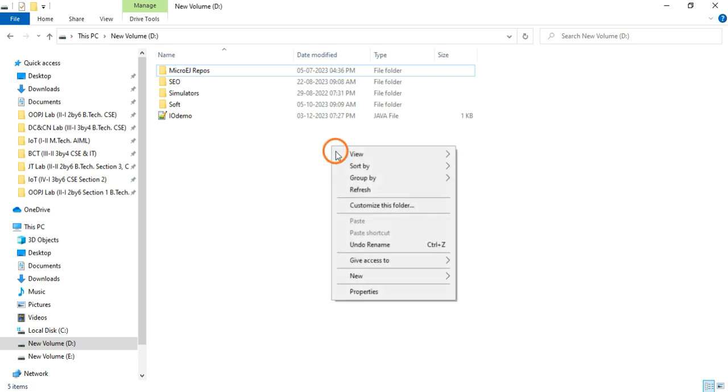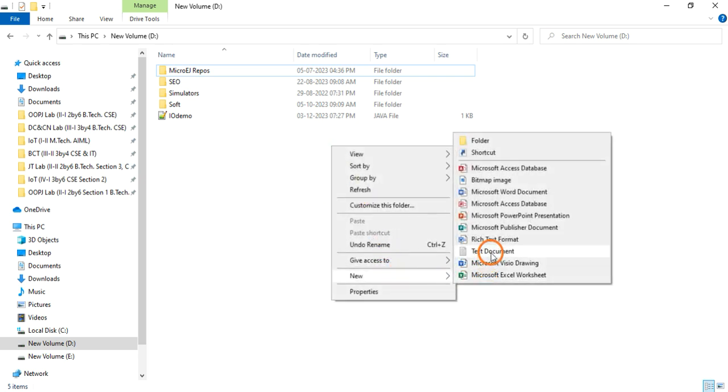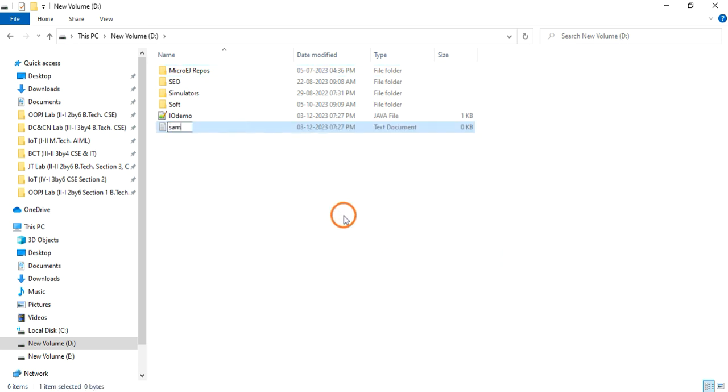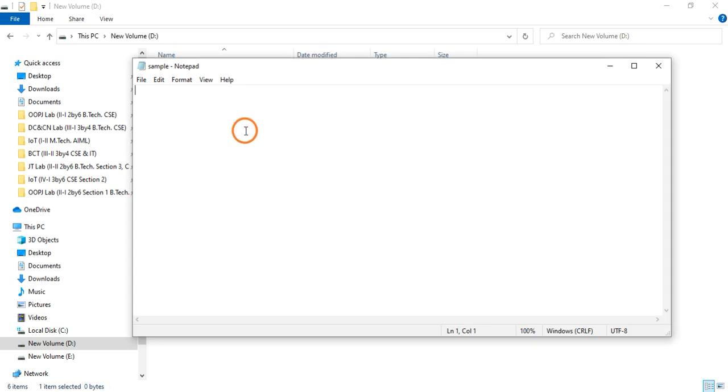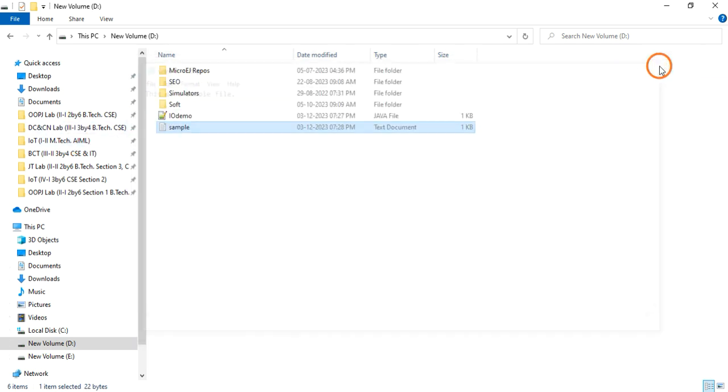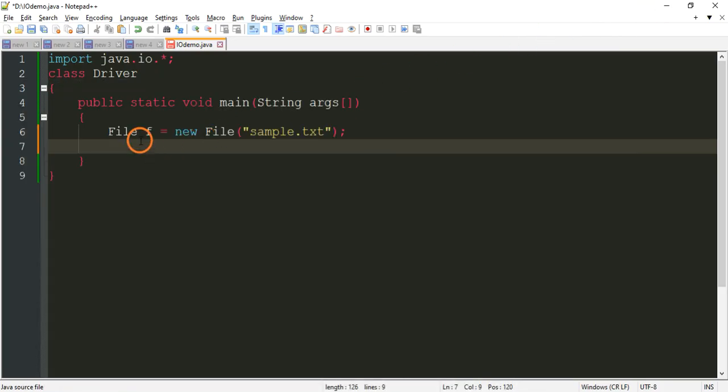Right click, new text document, and name it as sample. So you created a text document called sample. Now open this file and write something in this. I am writing, this is a sample file. Okay, and save the file, and close it. Coming back to the program,